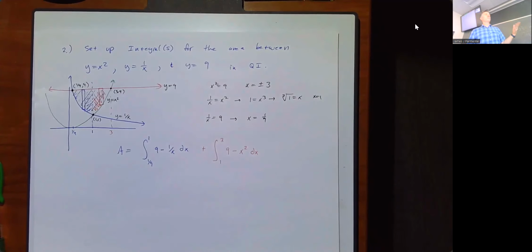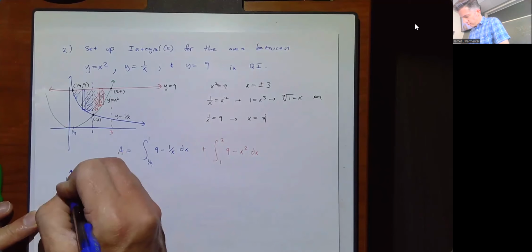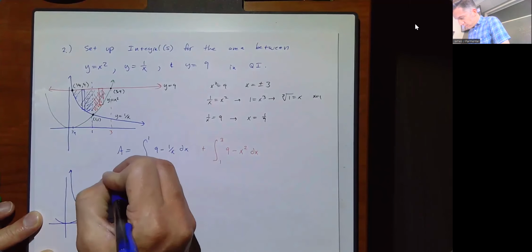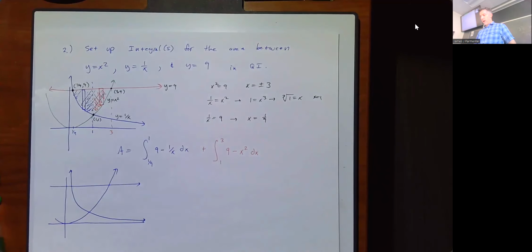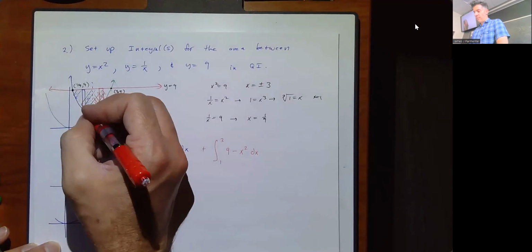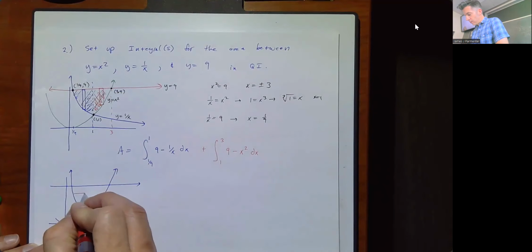The point I want to make here is this is terrible, in quotes, because we had to use 2 integrals and we could have used 1. How could we have used 1? Well, let me draw the picture again really quickly. So we could have used 1 instead by, instead of drawing a vertical rectangle whose height is the top minus the bottom and whose width is dx, we could have drawn a horizontal rectangle